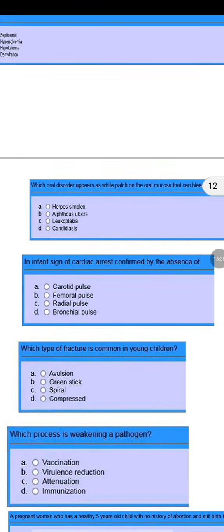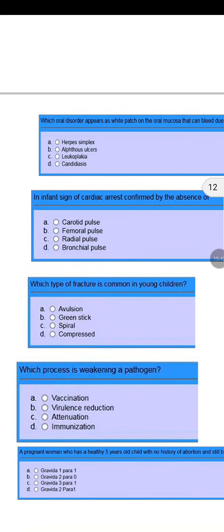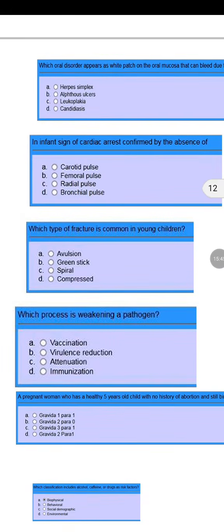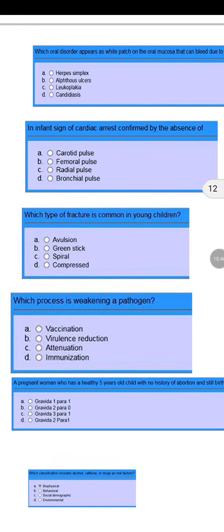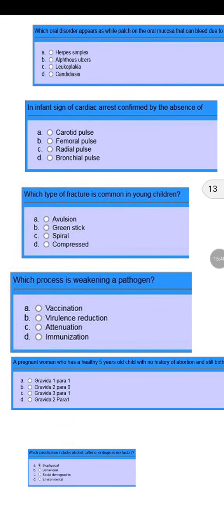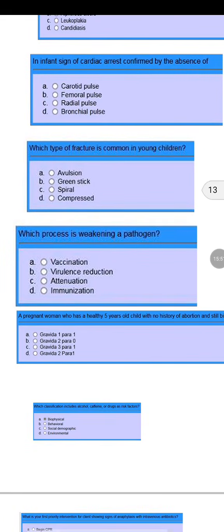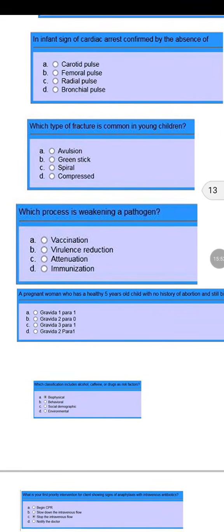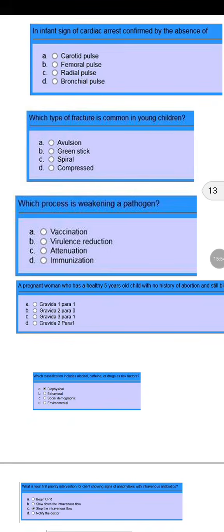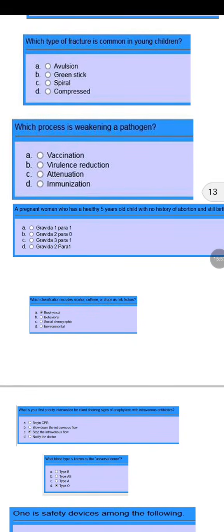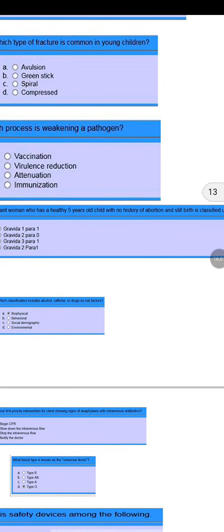Candidiasis, infanticide, cardiac arrest. Femoral palsy. Which type of fracture is common in young children? What is the purpose of weakening of the pathogen? See a pregnant woman who has a healthy 5 years old child, no history